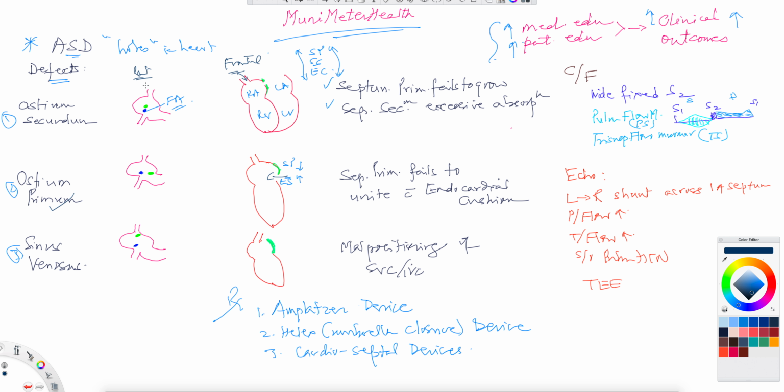This is your superior vena cava or inferior vena cava, as all the deoxygenated blood is arriving into the right atrium, as you know. So when it's arriving here,